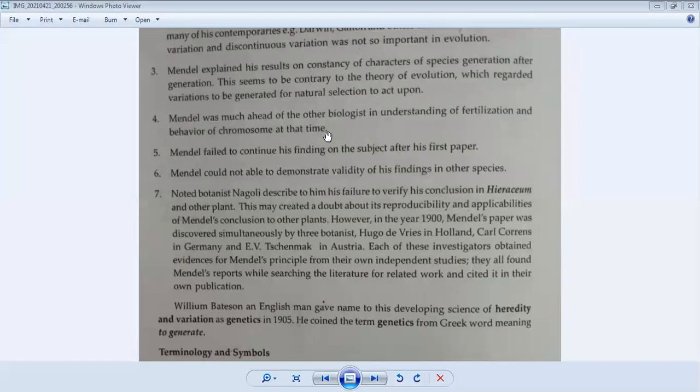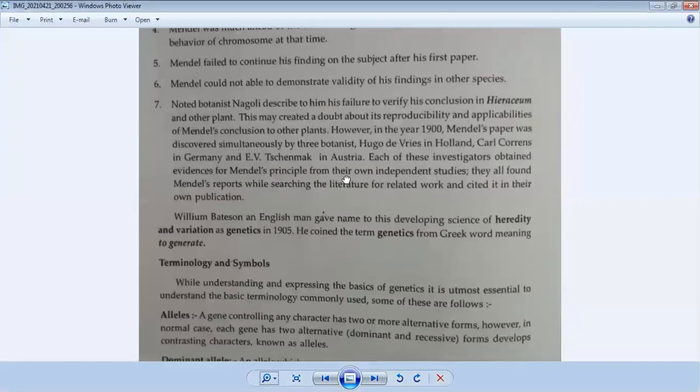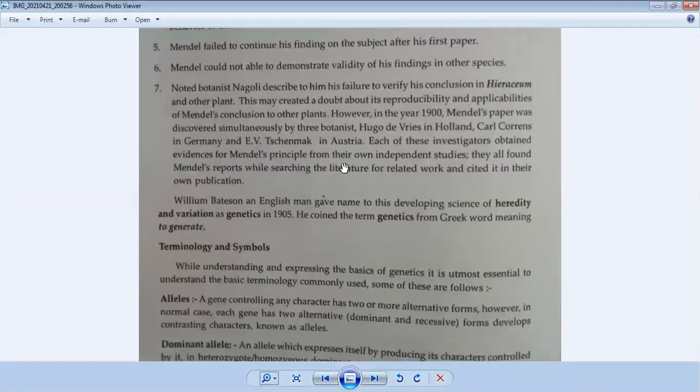फिर भी मेंडल ने बताया था कि genetic characteristics are there and these are responsible for the transmission of character from one generation to another generation। So Mendel was much ahead of other biologists। बाकी के biologists के कंपैरिजन में ये बहुत आगे की सोच थी इनकी। Mendel failed to continue his finding on the subject after his first paper। मतलब यानी मेंडल को थोड़ी दिक्कत जा रही थी क्योंकि वहां पे सेल डिवीजन और माइक्रोस्कोप की भी डिस्कवरी नहीं हुई थी। तो मेंडल ने यहाँ तक तो पता कर लिया था कि समथिंग इज ट्रांसफर फ्रॉम वन जनरेशन टू अनदर जनरेशन एंड इट इज नथिंग बट द जेनेटिक मटेरियल।